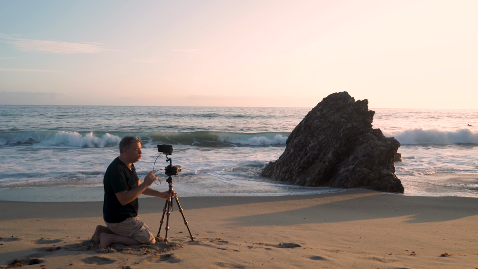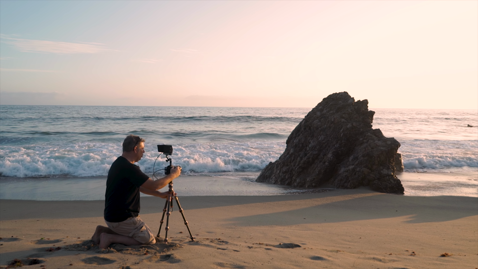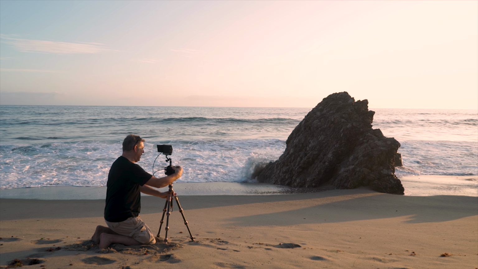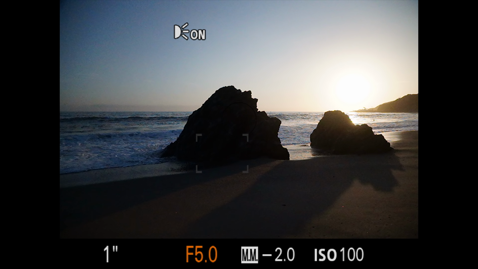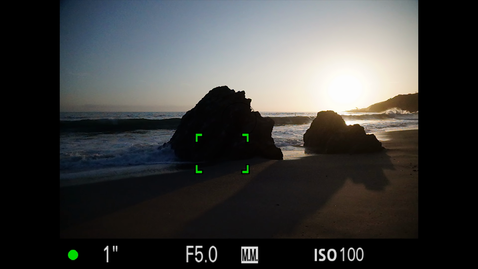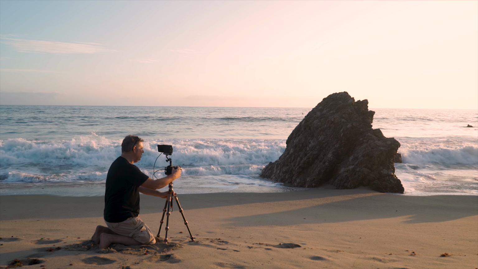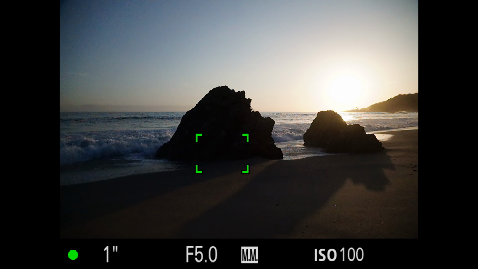The photo was actually a little too dark because this monitor that helps me monitor things is a little underexposed. So I'm going to go to like F5 or something. I'm going to get 2 f-stops less and take a couple of shots. And then it's just a matter of waiting for the light to come, the water to come. We have about 10 more minutes of